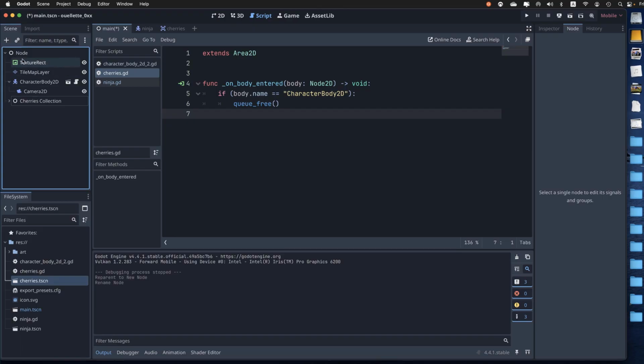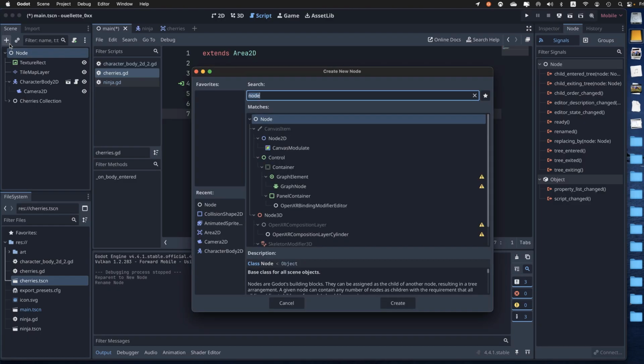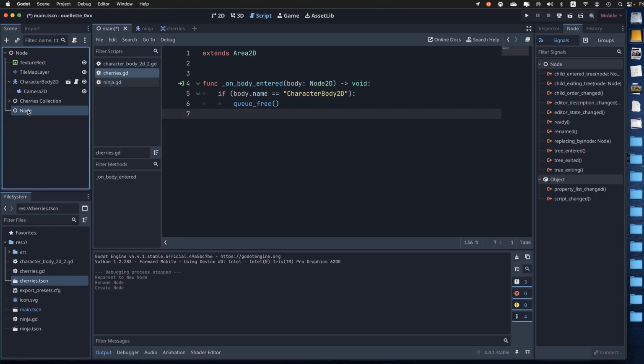So we'll start by selecting the parent root node, and I'm just going to again create a generic node, and I'll call it game manager. Okay, game manager. Okay, and I'll just save that, and I'm going to create a script for that,